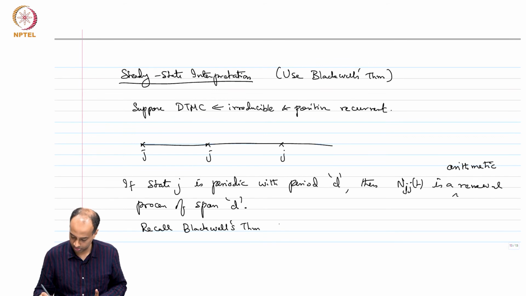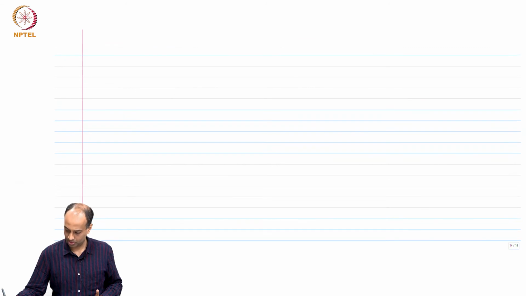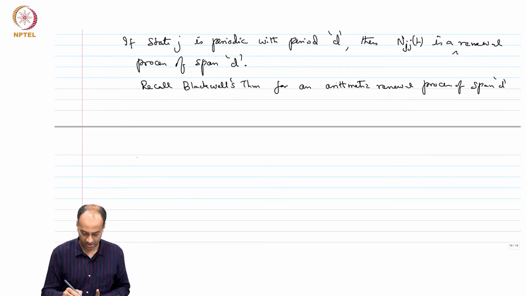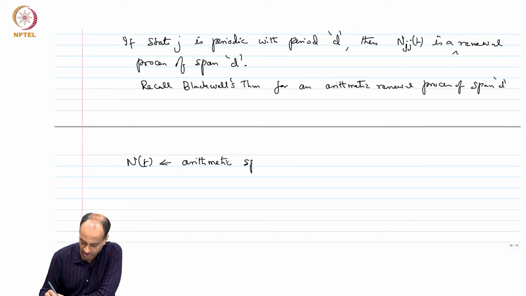Theorem for arithmetic renewal process of span D. It just says that, let us say N(t) is an arithmetic renewal process of span D. Then we have